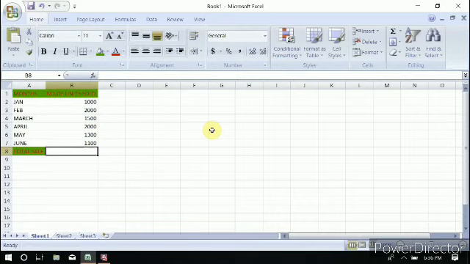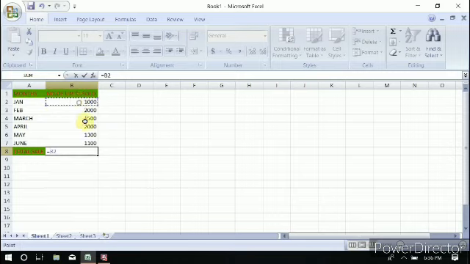Now we'll learn how to create a basic formula. It's very simple. Equal to sign. Now we'll start entering the cell address, which is one of the elements of formulas. So the first data is in cell B2. So as you click over here, automatically the cell address appears over here. So it can be done in this way, or we can enter it manually. So over here I'm entering it manually. Plus